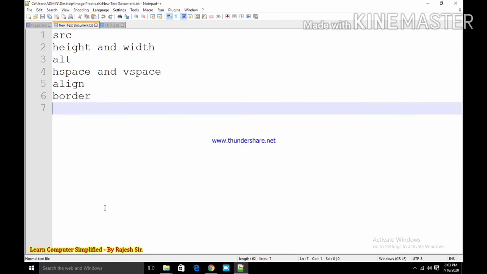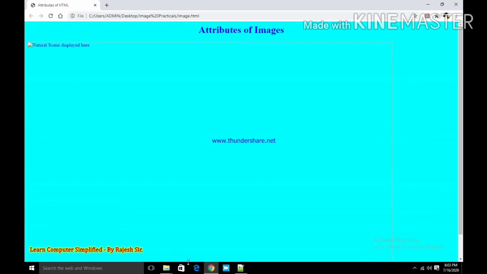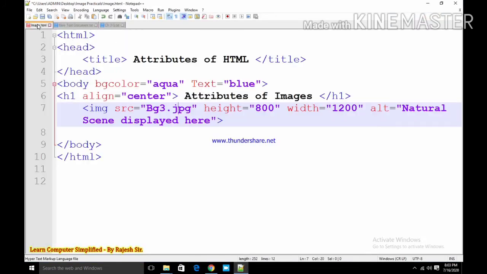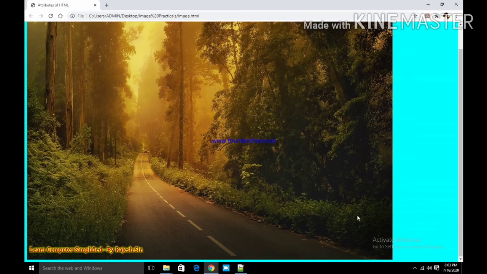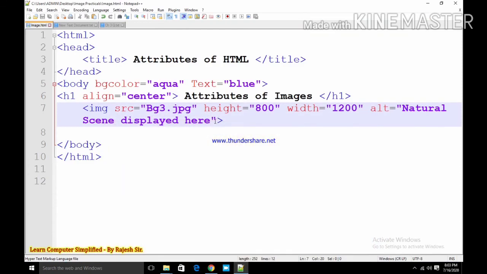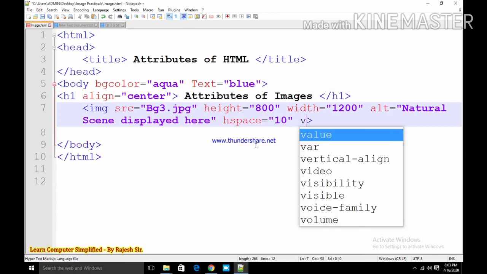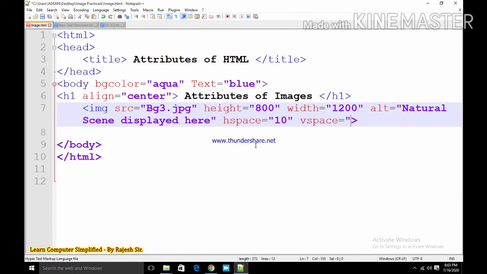Okay, next is H space and V space. Let me clear it first. Save. Now you can see there is no space around the border. Suppose I provide H space equal to 10 pixels and V space equal to 10 pixels.